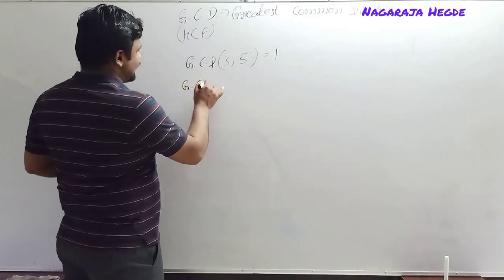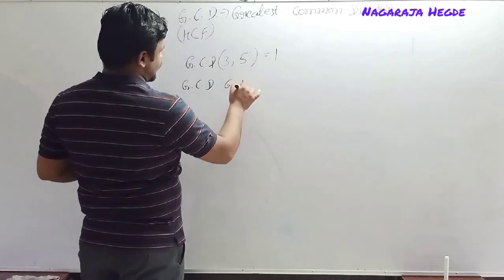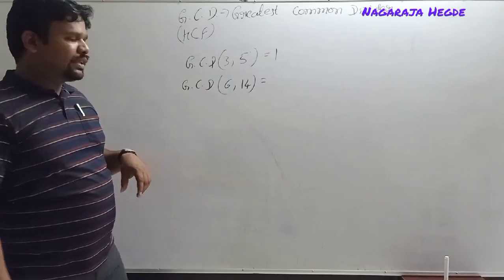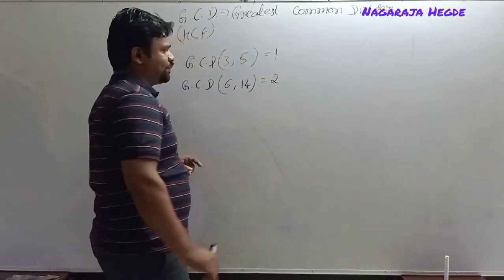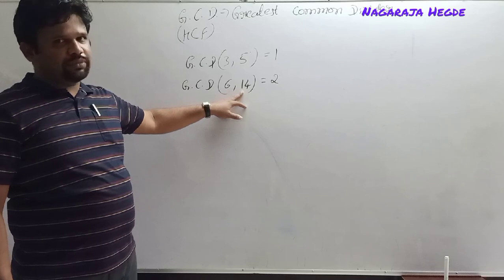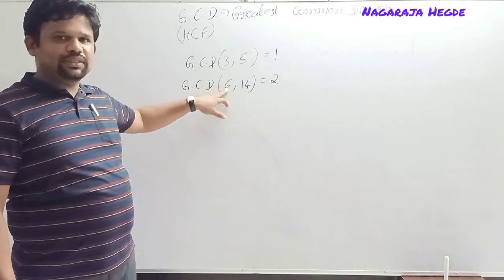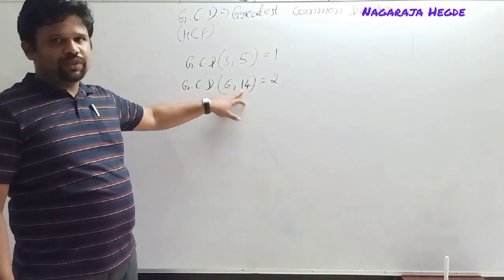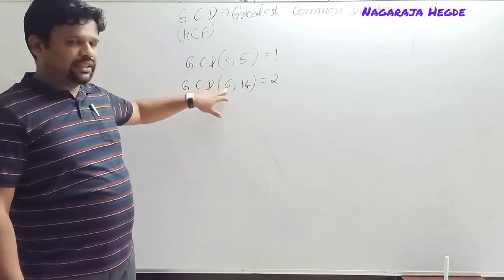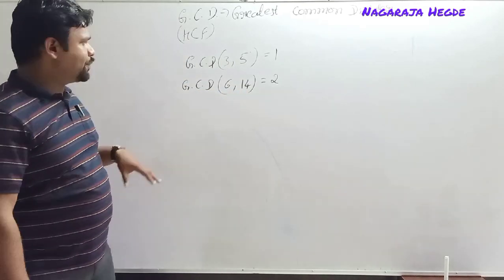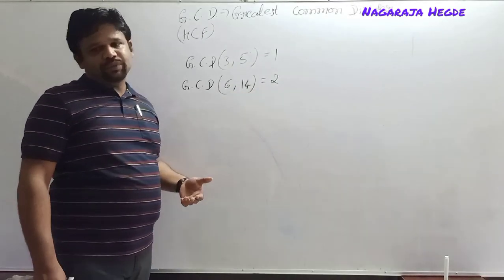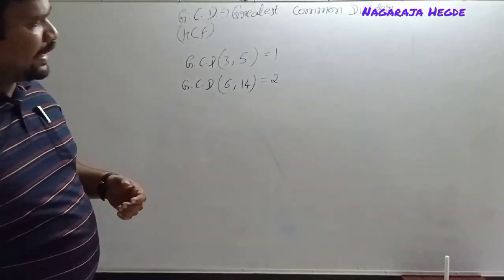If they are not relatively prime numbers, what is the GCD of, let us take, 6 and 14? Now this is very simple. Here we can easily say that the GCD of 6 and 14 is 2, the highest common factor. 3 is not possible. 6 is divisible by 3, but 14 is not divisible by 3. If you take 4, no. 5, 6, greater than 6 is not possible, right? So the highest common factor of 6 and 14 is 2. What about higher level numbers? If you take 56 and 98.